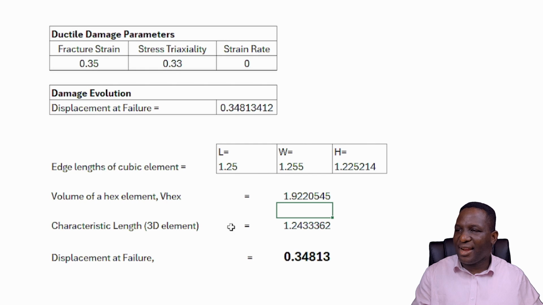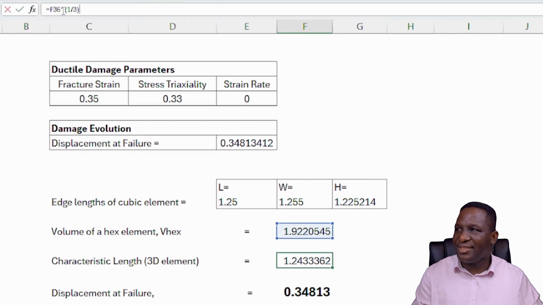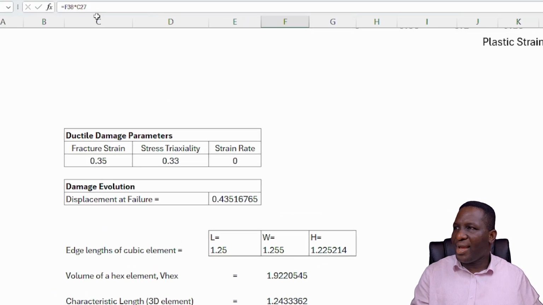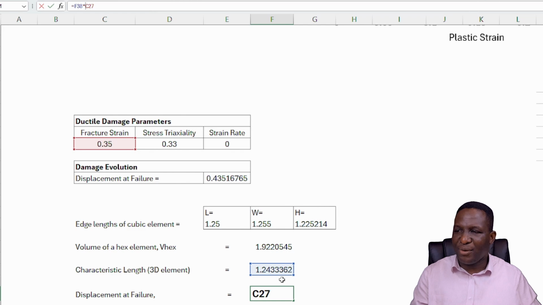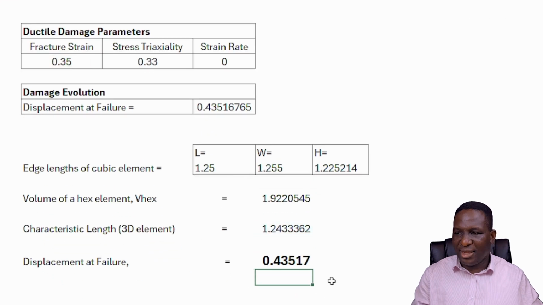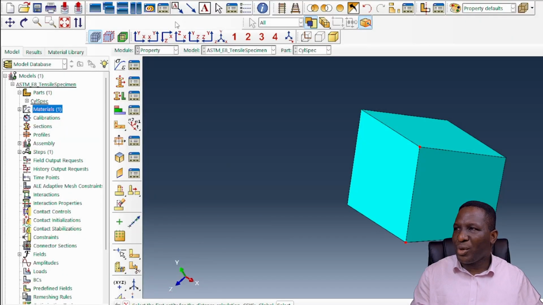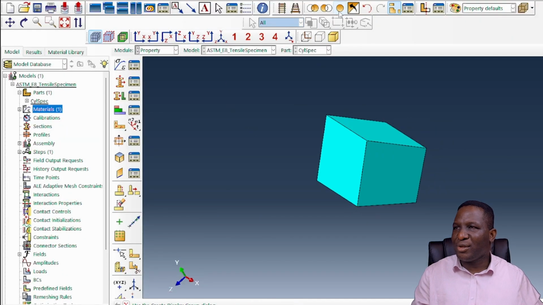And then the next thing is the characteristic length. Remember, the characteristic length is the cube root. So what we have here as our displacement at failure will be the characteristic length times the fracture strain of the material. So these are the two terms that we need, and we get 0.44 approximately as our displacement at failure. So if we then go back to ABAQUS, we can now ask it to replace all the elements,